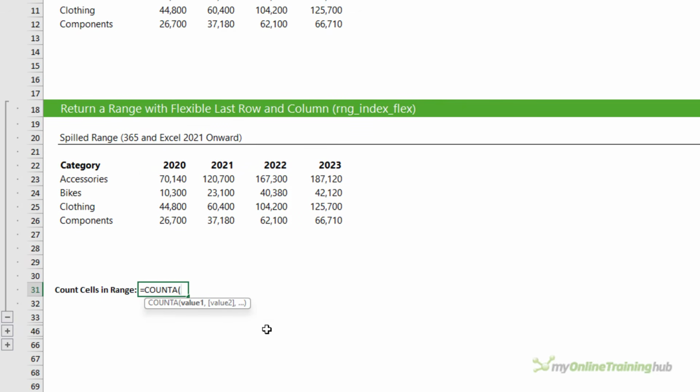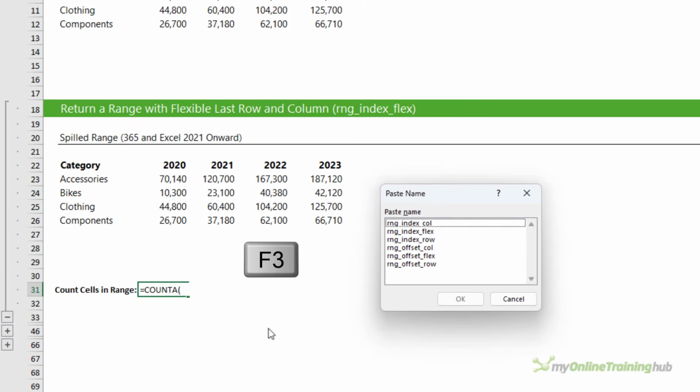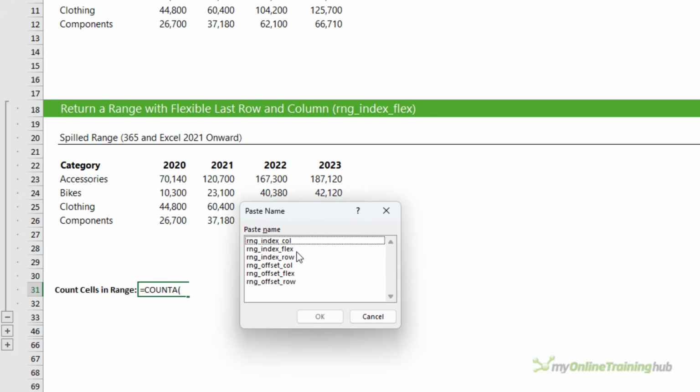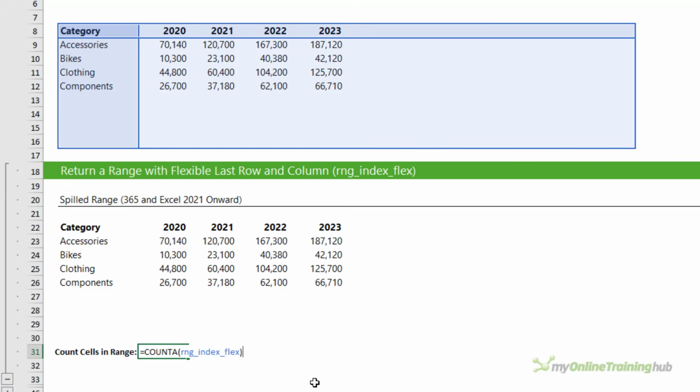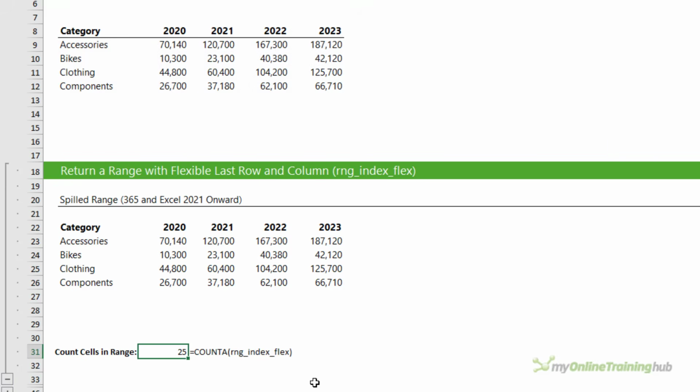So let's say we want to count the number of cells in that range. There's my defined formula name. I can use the IntelliSense to select it, or I can use this shortcut key F3 to bring up the list of names, and then I can choose it from the list. Close parentheses, we can see the range being referenced with the blue highlight, press enter, and we get the result,